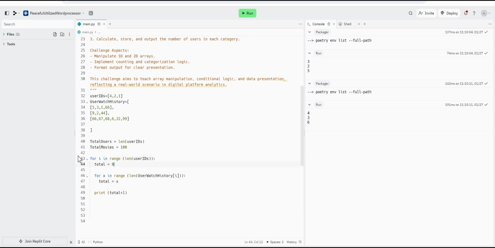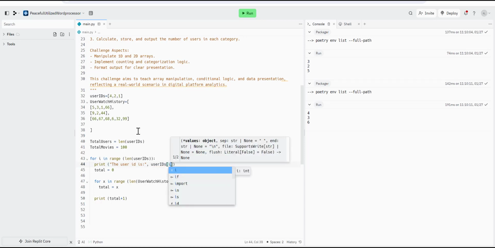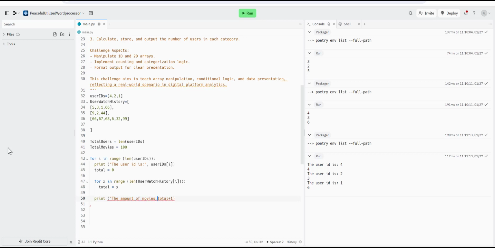So I'm simply going to do print, the user ID is, and then I'm going to do user IDs. I'm going to put this into a sentence. The amount of movies watched is